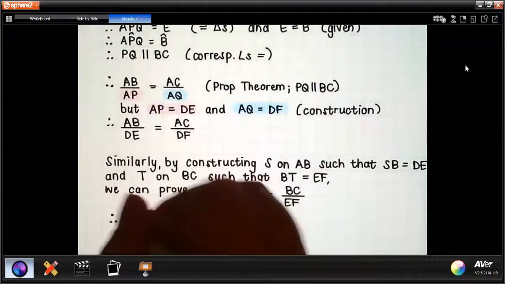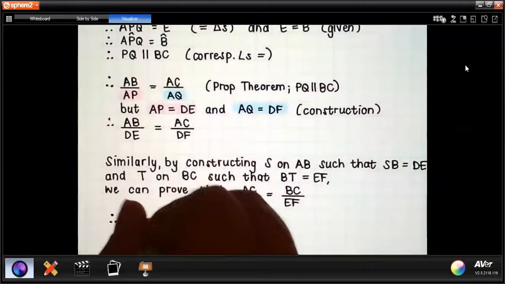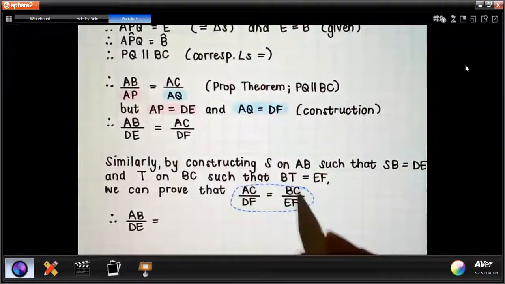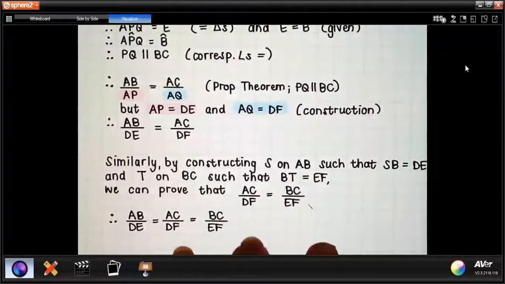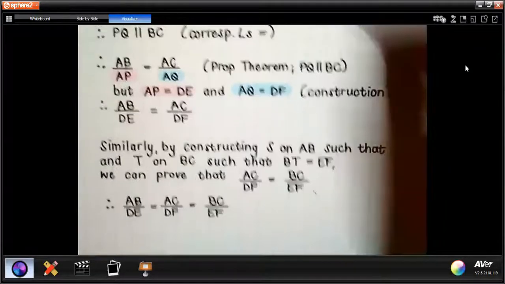So now we can say AB over DE is equal to, I'm just going to copy this, equal to the other two fractions. And then finally we are going to say, therefore,